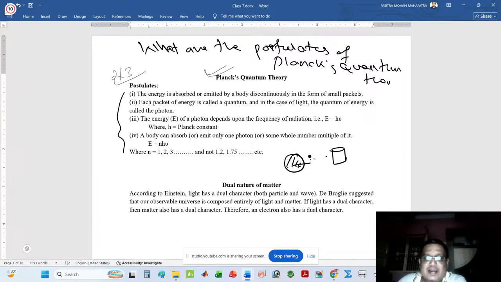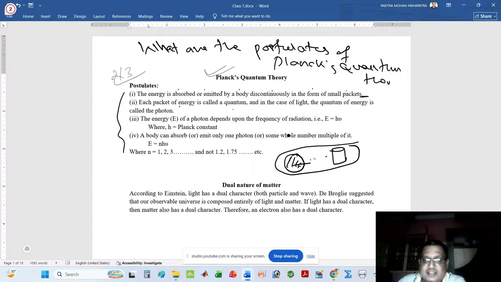These packets are emitted from the body discontinuously. This is the first point. So here I can say that the energy is absorbed or emitted by a body discontinuously in the form of small packets. Next point is